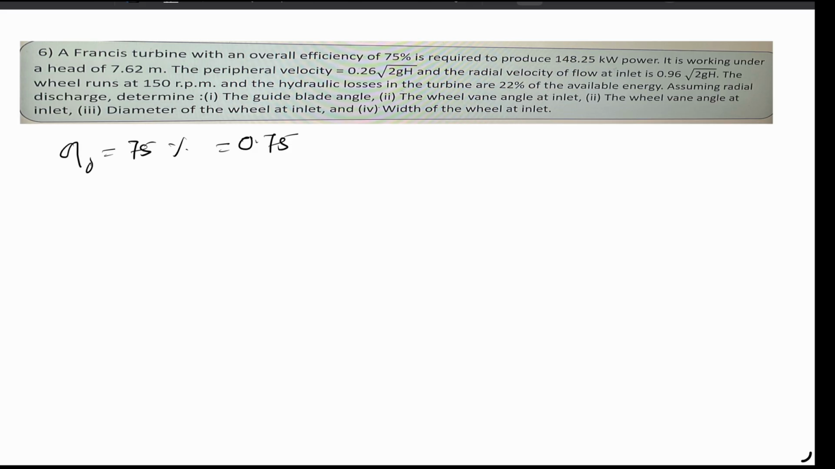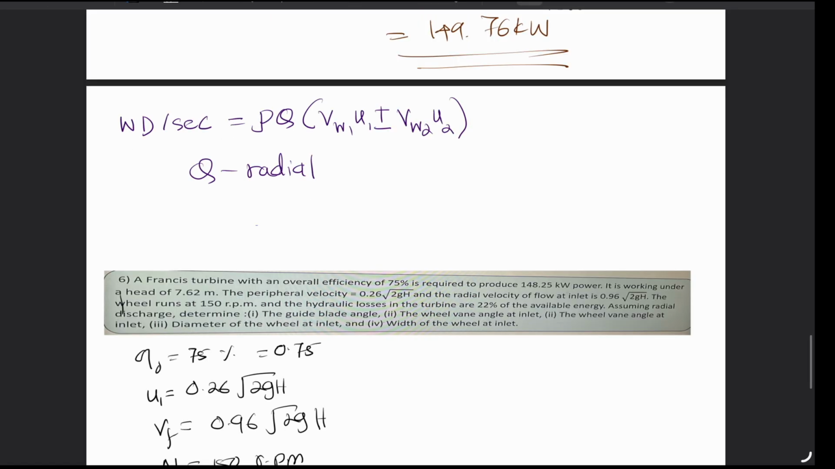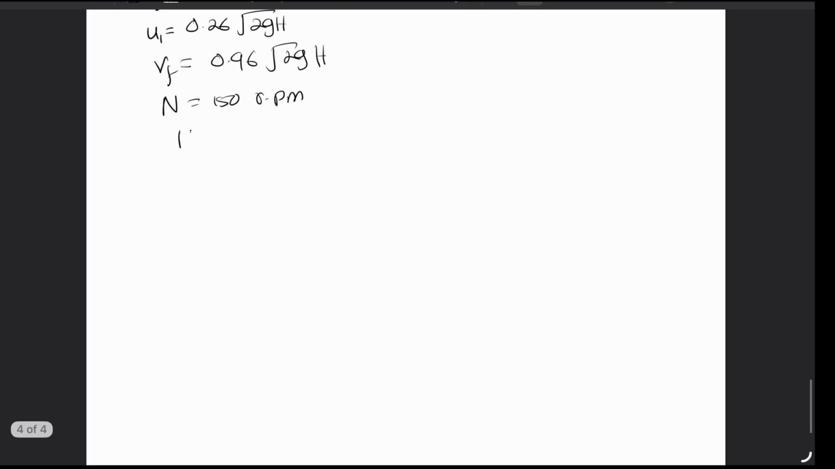About the peripheral velocity, you can take it as the initial velocity of the plate, that means 0.26 root 2gh. Another is the flow velocity they have given, which is 0.96 root 2gh. And they have also given the speed here, that is 150 rpm. The extra thing they have given is the hydraulic loss, which is 22%